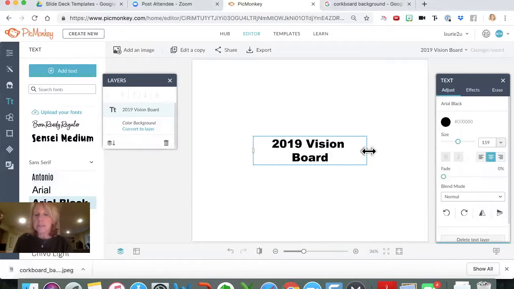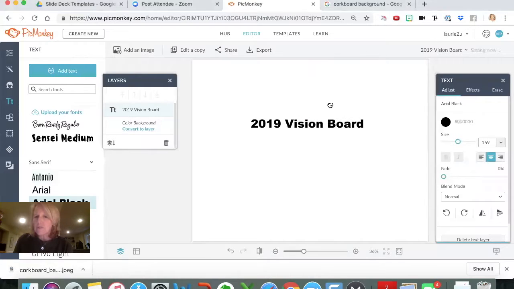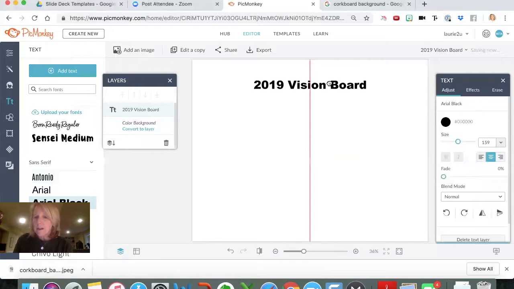text box with these little handles comes up. See that? These are little handles on the end. So you can grab a handle and pull it out, and if you don't like the way it's breaking, you can adjust it. So then you also can move it. You take it and see that when it turns into the little hand, and then it turns into those little 4 arrows, you just can move it up here.